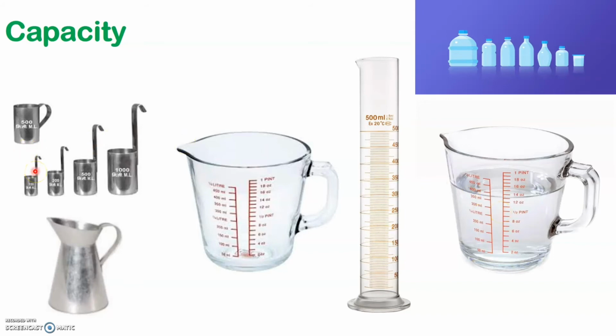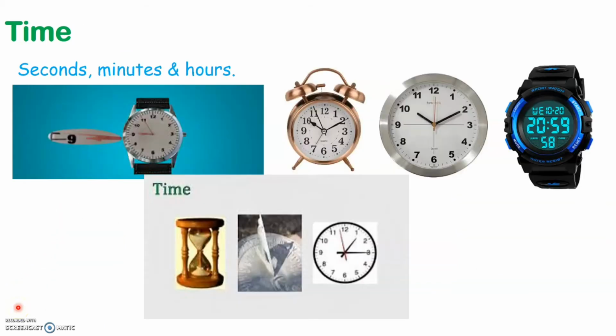So measuring cylinders or measuring vessels are used to measure capacity of liquid. We have now learned how we measure capacity. So we will now see about the measurement of time. In the olden times, time was measured with the help of sand clocks, sundials, or even with the help of clocks. But currently we use clocks and watches to measure time.